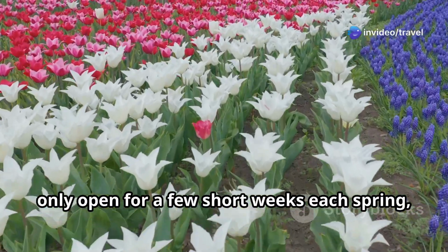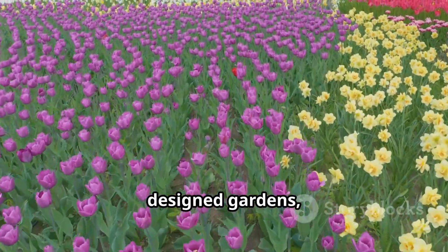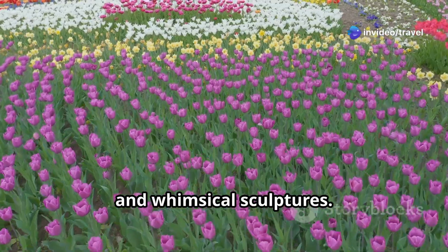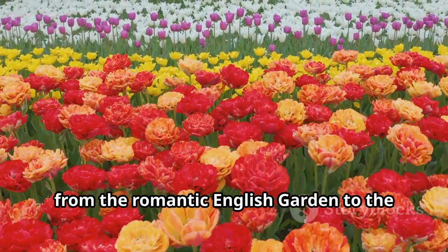It's only open for a few short weeks each spring, usually from late March to mid-May. As you wander through the meticulously designed gardens, you'll encounter stunning floral displays, serene ponds and whimsical sculptures. There are themed gardens to explore, each with its own unique charm and character, from the romantic English garden to